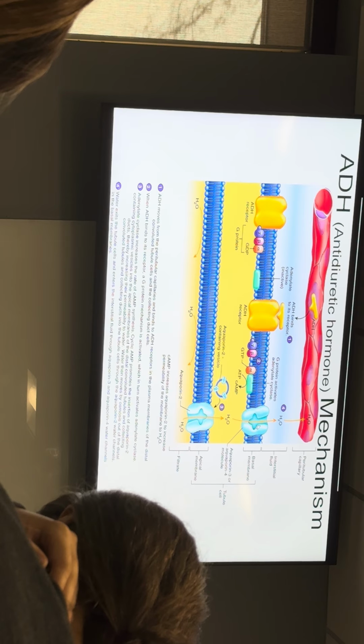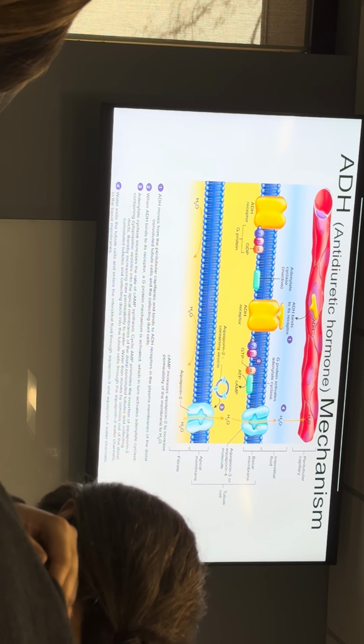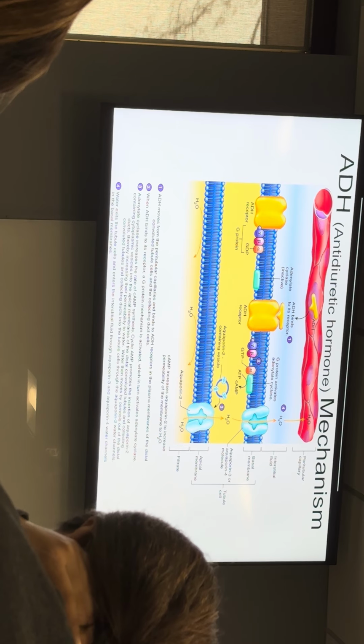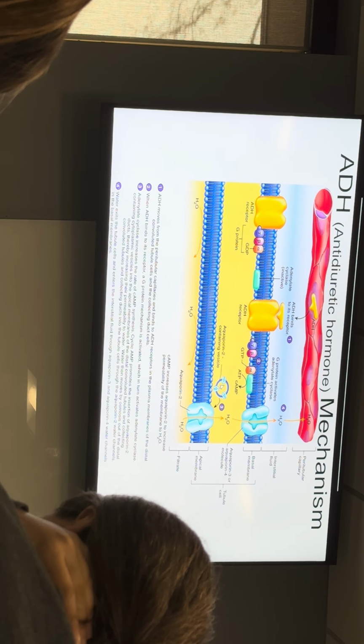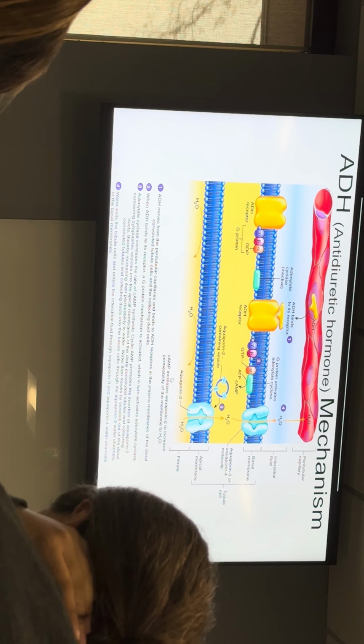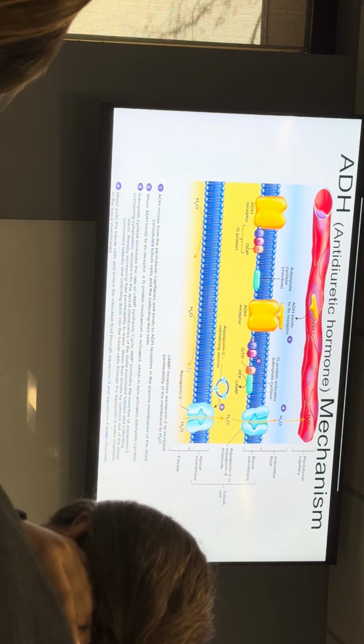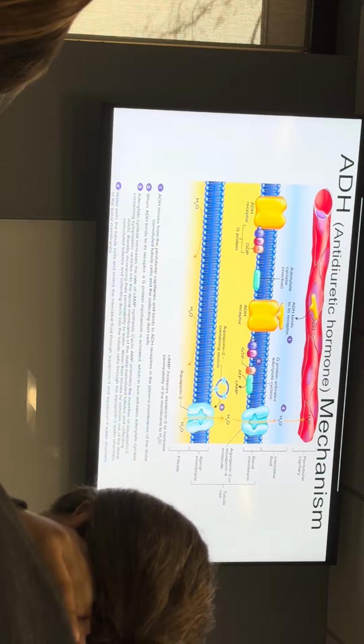They're always present, like the vast majority of the cells in your body always have aquaporin on them. It's just your ascending loop epithelium and your collecting duct that don't. So we have to add them in. And when you add these aquaporin molecules into the cell membrane facing the filtrate, which is now urine, because we're in the collecting duct, it's now dilute urine.